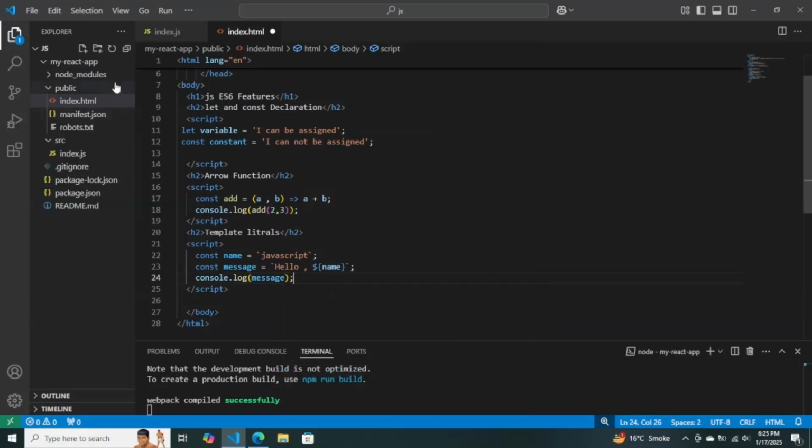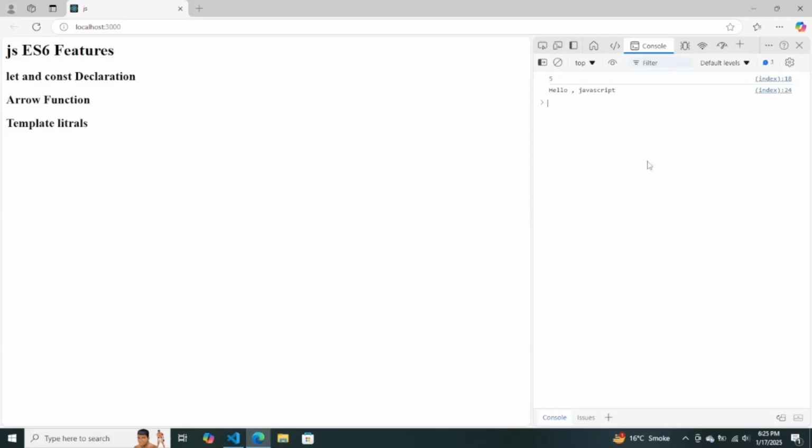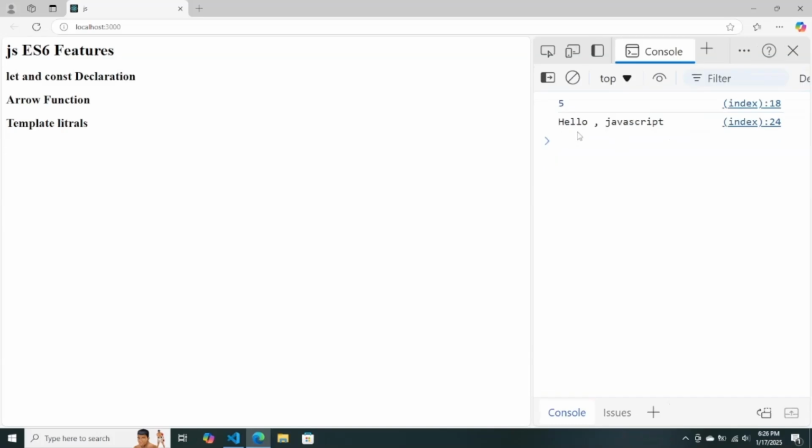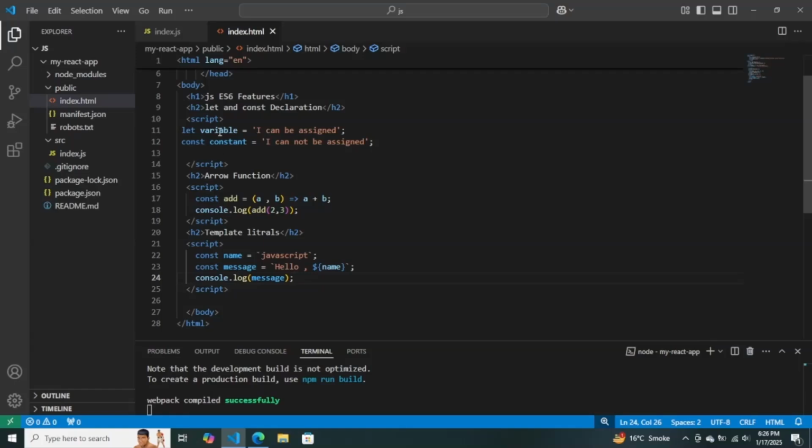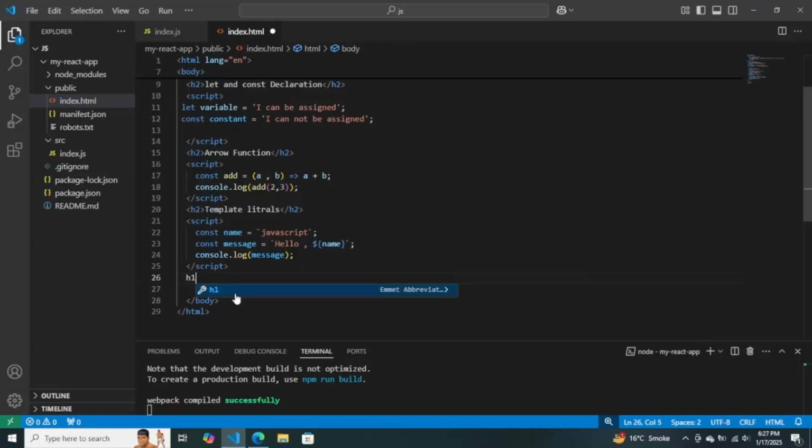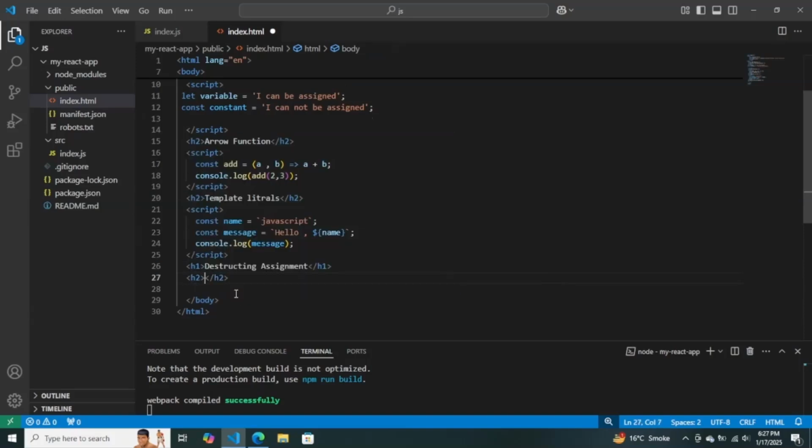Semicolon, save the file, go to the browser, and in console.log hello JavaScript. In JS ES6 features we will learn about destructuring assignment. Underneath array,